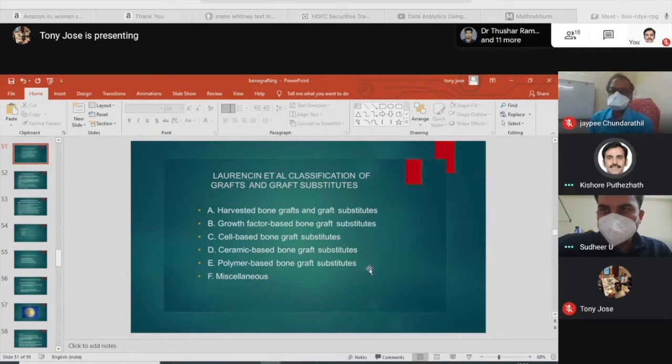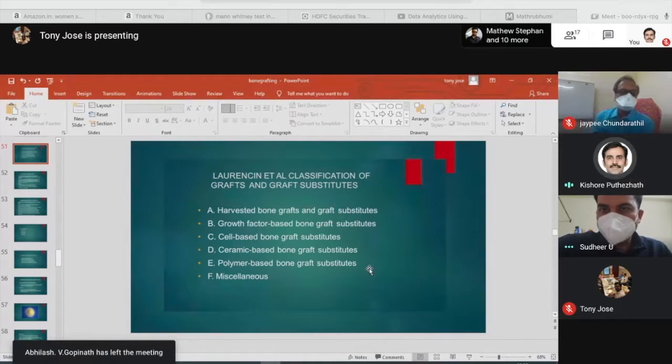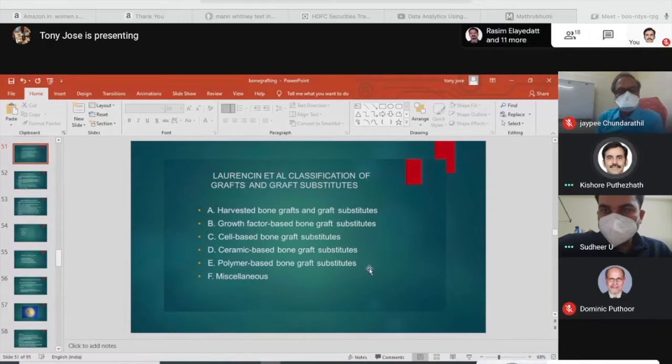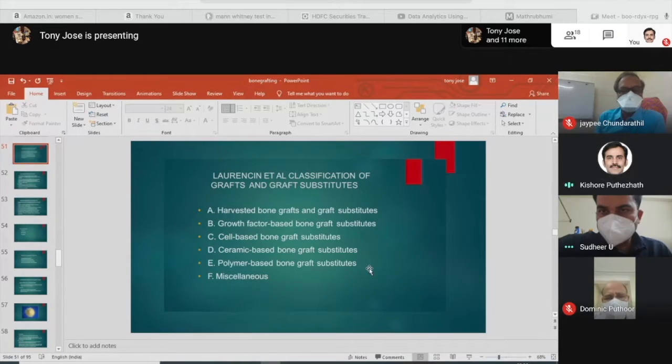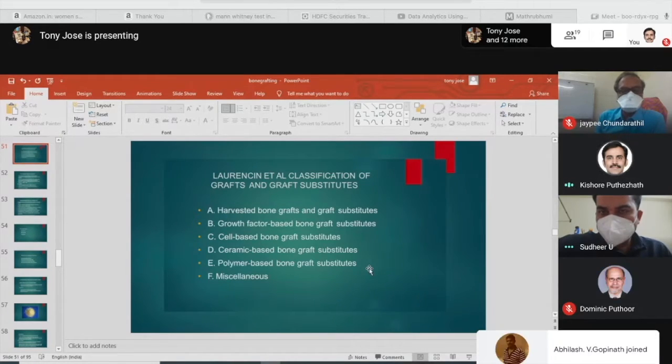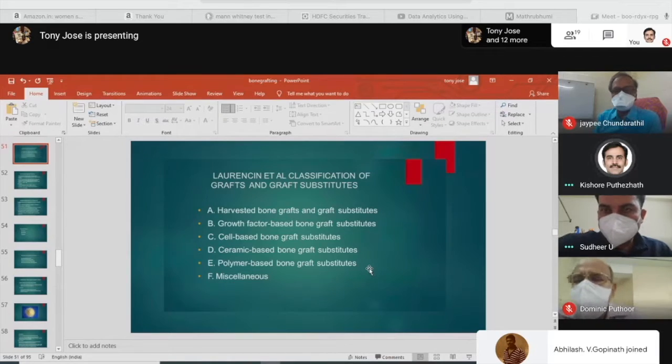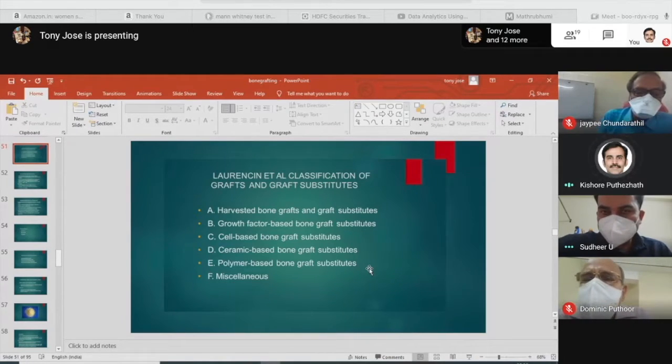So it is generally considered as a bone substitute because most of the properties of the bone might have gone by your processing. Then the graft substitutes are in general hydroxyapatite or calcium phosphate. So you have got hydroxyapatite, which is a complex calcium phosphate. There is another simpler calcium phosphate. So these two substances are available.